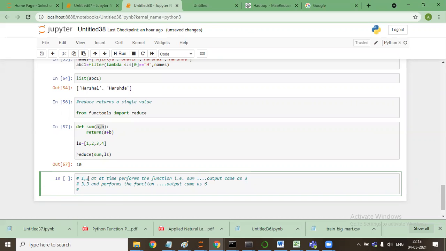Again it will take 6 and the next element, that is 4, performs the function, and the output came as 10. Are you guys with me? Yes, sir. This is the use of the reduce function. It reduces the values. Are you guys with me?